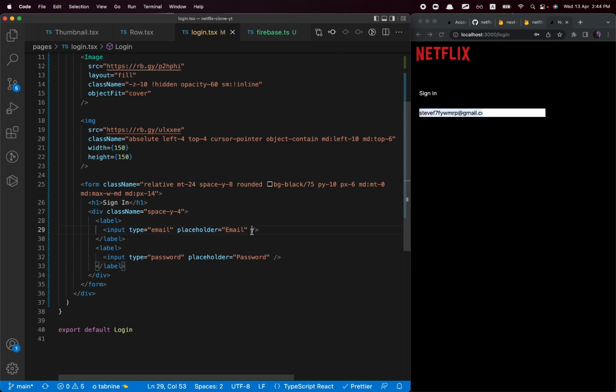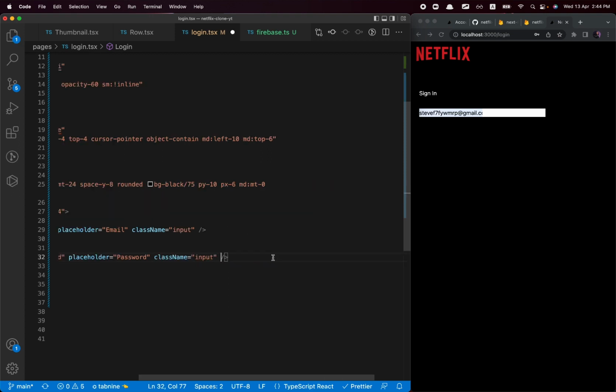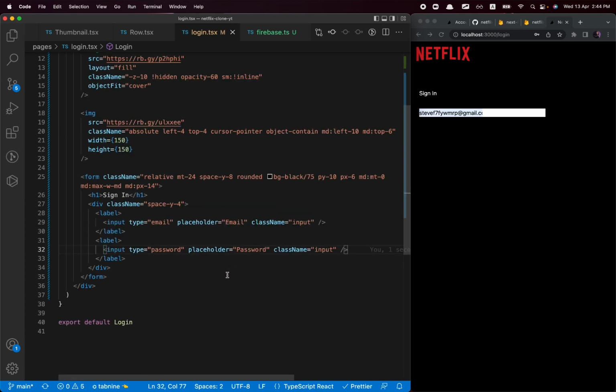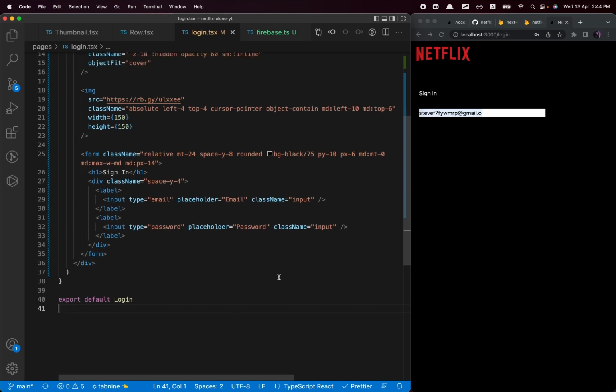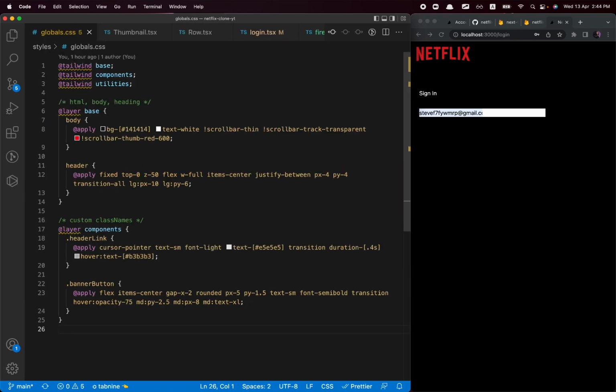Now what else do we want to do is we want to give some class names to our input fields here. And what we want to do for the class names is we want to say input here. So this is again a custom class name which I'm giving here. And for our password also, we're going to say class name of input. Now again, of course, this is a custom class name, so it means we have to create this inside of our global CSS. So I'm just going to quickly navigate to global CSS,